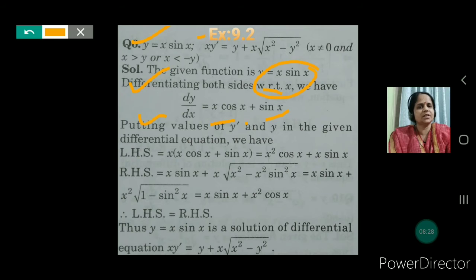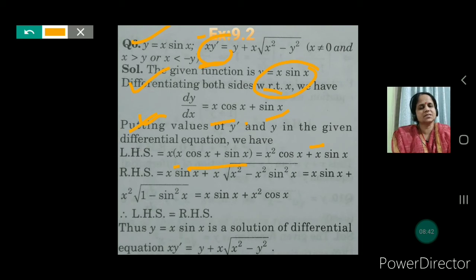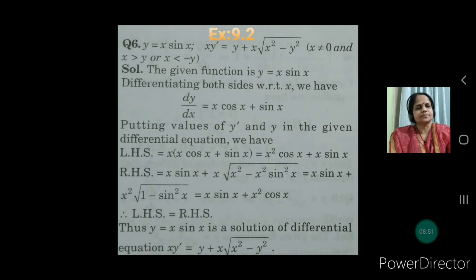Now putting the values of y dash and y in the given differential equation. So LHS of the differential equation is x as it is, student, and in place of y dash write x cos x plus sin x. Now multiply, and you will get here x square cos x plus x sin x. And now